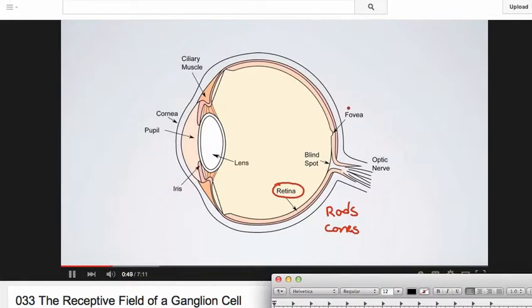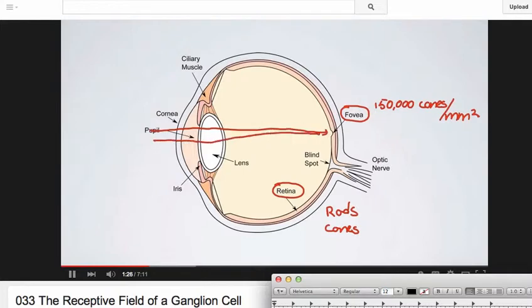There's another area, a specific region of the retina that we call the fovea, and this is a very important region because we have a large amount of cones, so much so that we can have up to as many as 150,000 cones per square millimeter. So as you can see, that's a high density of cones, and we said that when light comes in, what the lens does is the lens actually focuses that light onto the retina. Specifically, if you're focusing on an object, it focuses the light onto the fovea,